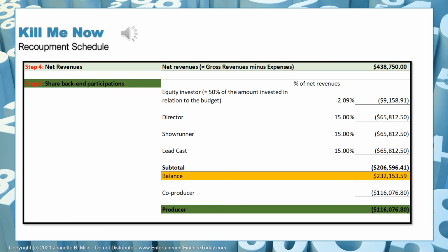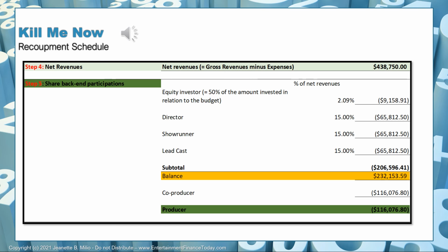So now let's take a look at the profit participation that we now have to pay. The equity investor gets 50%. They had invested in relation to the budget at the time 4.18%. So they get 2.9% in profit participation, which is 2.9% of 438,750. And we got to the 438,750 the way we do by taking all our revenues, which is 24,625,000, deducting all our expenses, which is 24,186,250, leaving us with